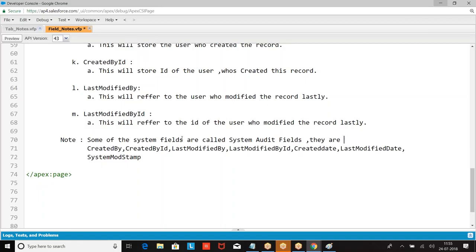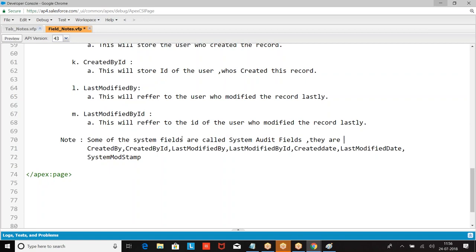Right. Any query? Audit. Who created? Audit means what? Who created, when it is created, who modified, when it is modified. This type of data.